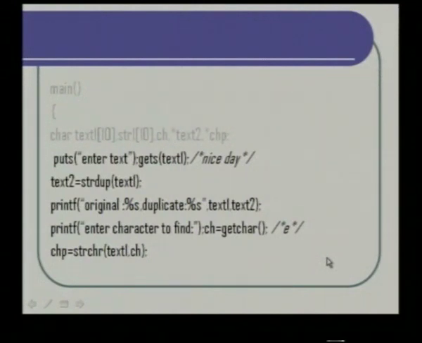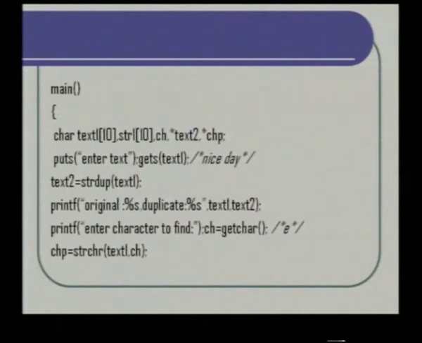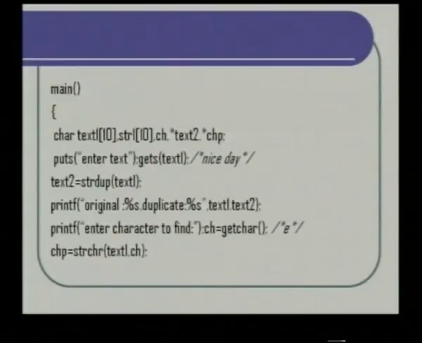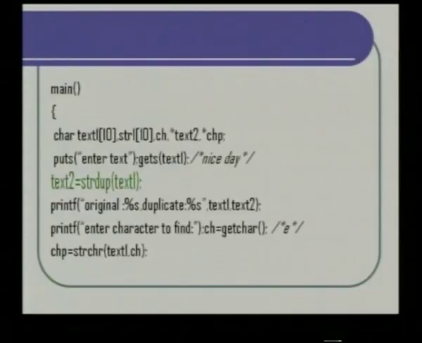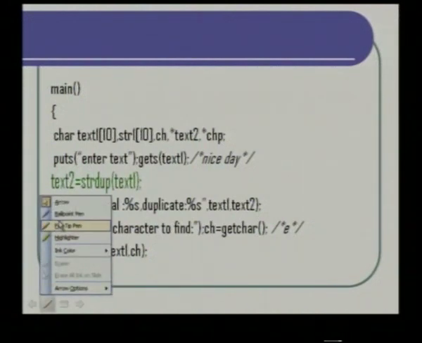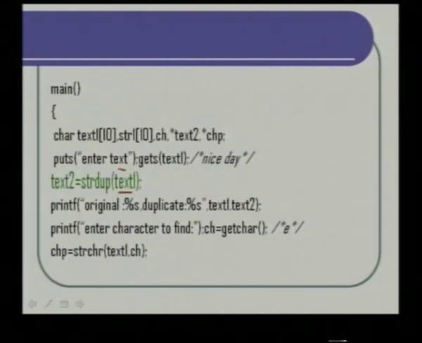So, I am declaring 2 strings over here, text1 and string 1, 2 pointer variables text2 and chp, and 1 character ch, that is to search for a certain character. For that reason I have a character over here. So, I am getting the text "nice day", and here I am duplicating the text first. Duplicating means creating a copy of the text in another memory location. So, strdup, the text which I have entered, I am using it as the argument and I am assigning it